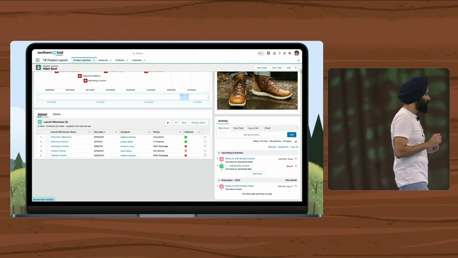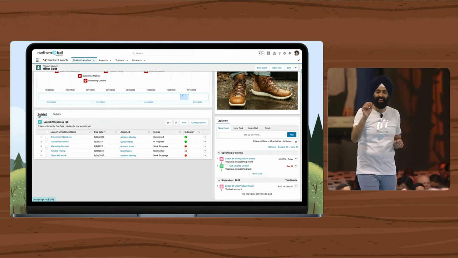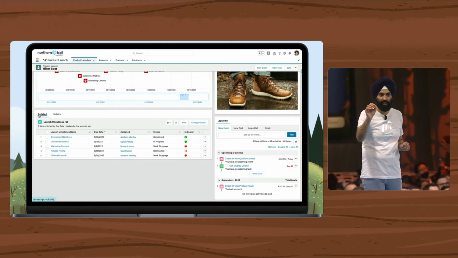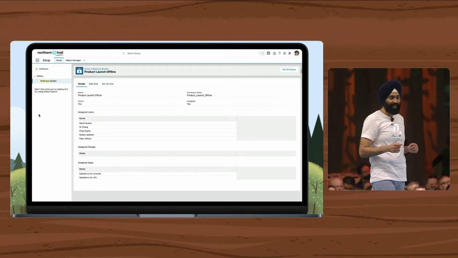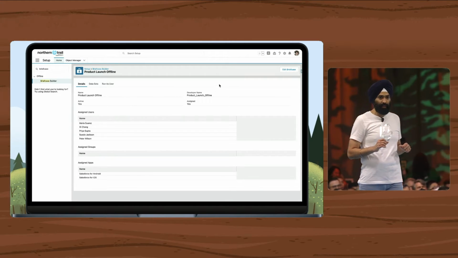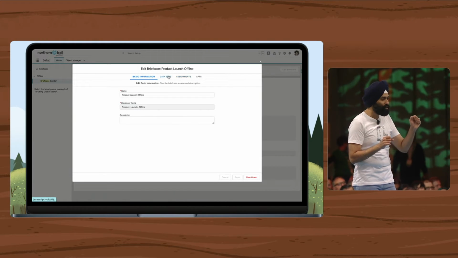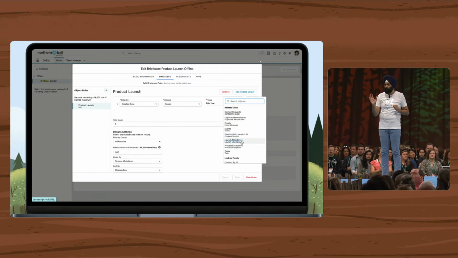Switching gears. Maria's launch team is often on the road where reception is spotty, but they need uninterrupted access to their data from the Salesforce mobile app. And what does Maria do? To ensure this, she goes into setup, she goes into the briefcase builder, where she starts to configure and prime the launch data, the product data, for offline access and use.